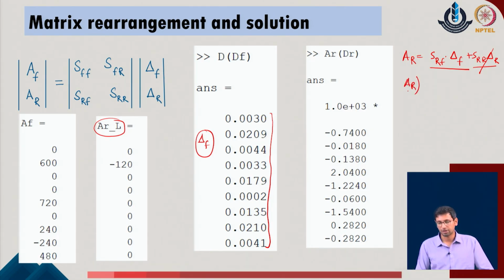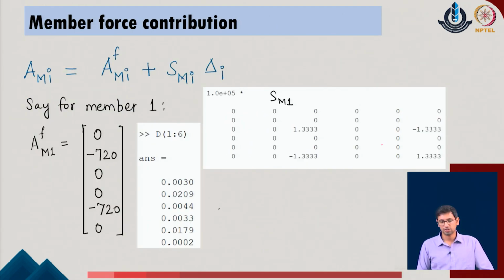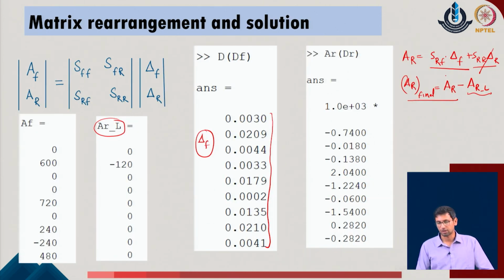After that, we calculate the A of r final in the given problem, and that is equal to A of r minus A of r L in the given system. So the contribution due to the loading part needs to be reversed in its sign, so that it becomes the reaction of the given system. So this is the contribution of the given part. I think we have done this to get the final value of the A of r in the system.